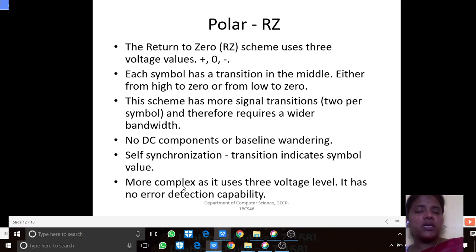The complexity increases, hence the baud rate is also more. It has no error detection capability. Every scheme has pros and cons. In this also there are pros and cons. The pros are no DC component and no baseline wandering, and a transition indicates the symbol value. But the cons, the disadvantages, are that the complexity is more, it has more signal rate, and no error